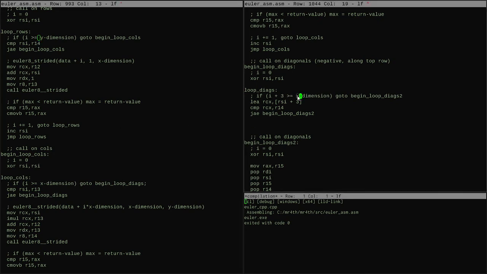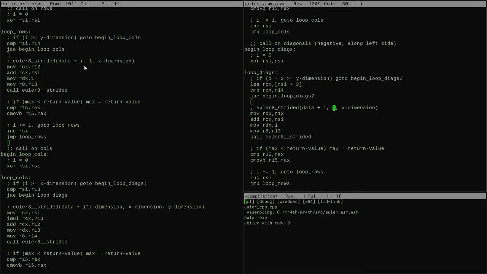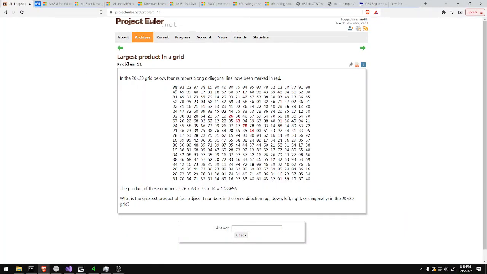So we actually want to test this like we would test that. Why don't we do along left side? We'll switch this up. So along left side, so it's going to match the rows here. We test against Y dimension data plus okay, yes, we want to call all of this in basically the same way, except this part is different. Data plus I is the same. The stride, instead of being 1, is x dimension plus 1, and the total length is, let's see,